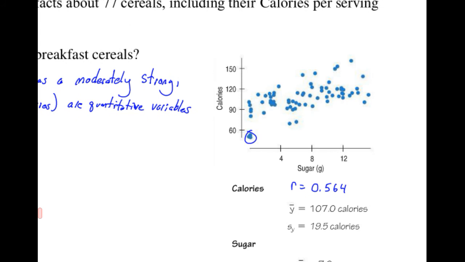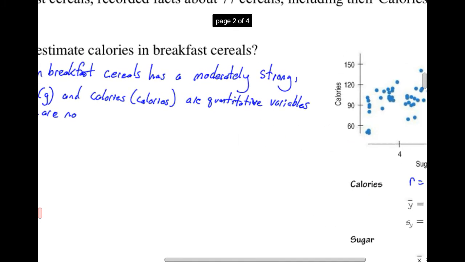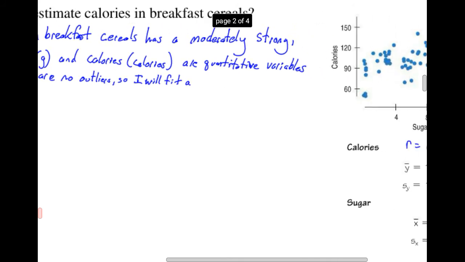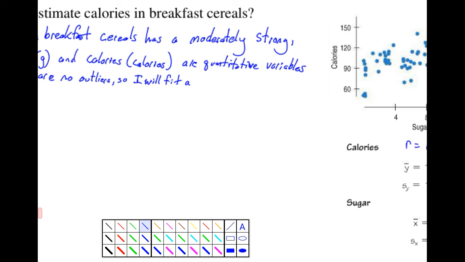With this many data points, they're not going to pull it down, so I don't really consider those outliers, and there's three of them kind of clustered together. So I will fit a linear regression model